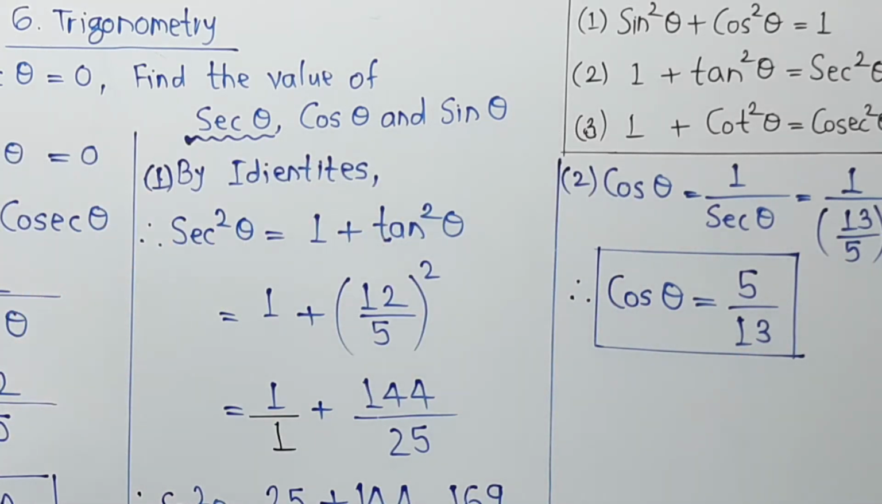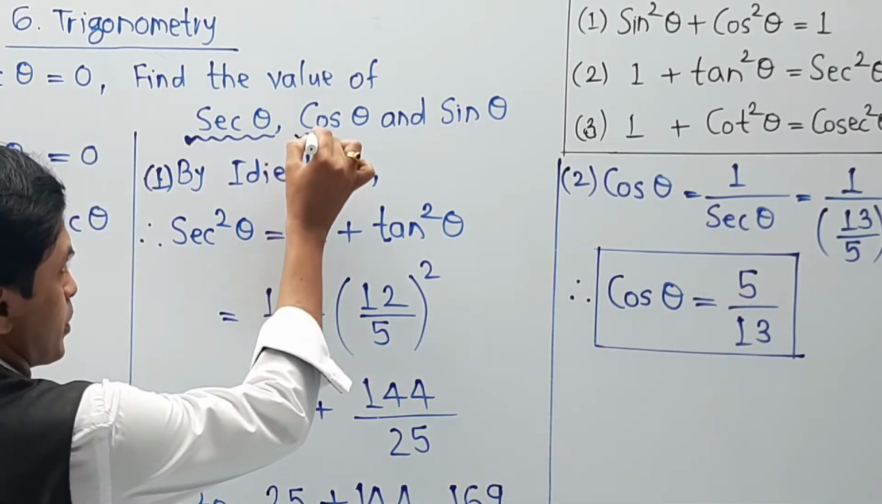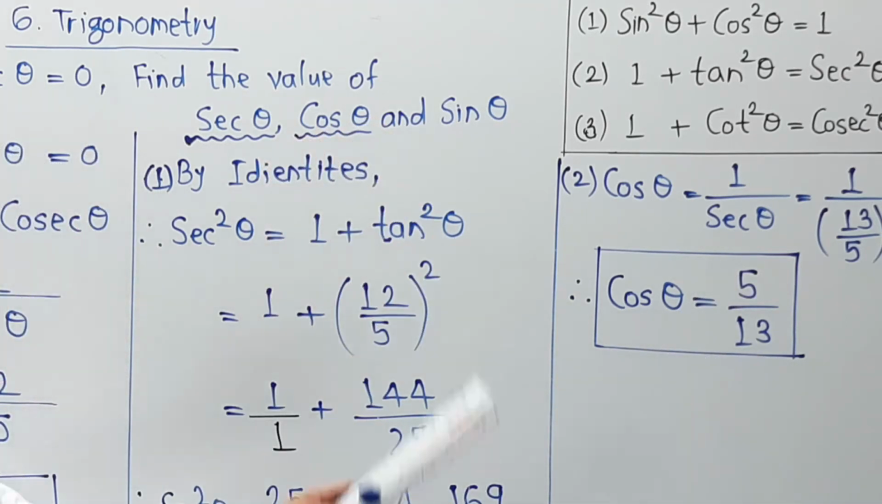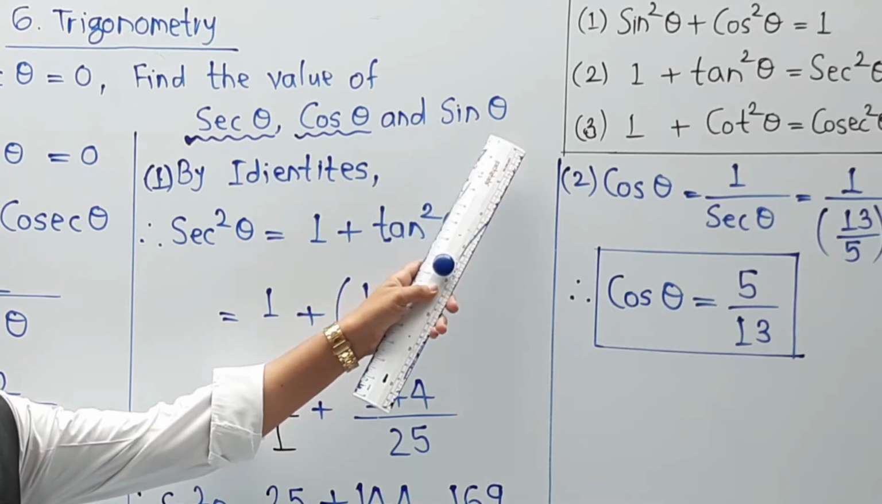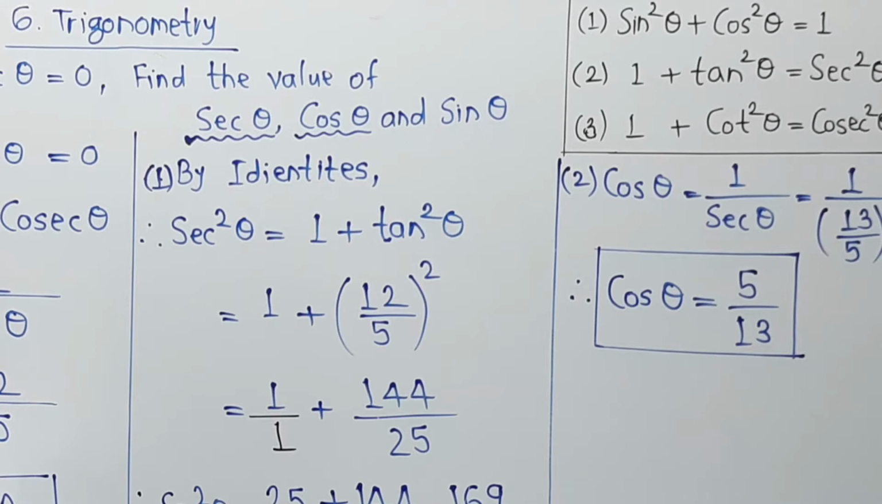Now we are able to get successfully the value of sec theta, that is 13 upon 5. We are able to complete it. Next required value cos theta, that is 5 upon 13. Next the last value required is sin theta. Now here what exactly is meant by sin theta? Again sin theta can be explained in terms of the correlation of tan theta and cos theta. How? Let me clarify. We know one fundamental identity, in terms of the modification that we did previously,